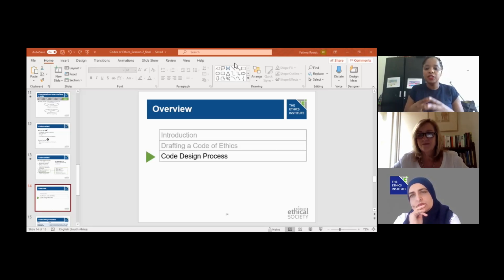So if you're drafting a code of ethics, or in the case, unfortunately, of multinationals that come with a code of ethics already drafted and designed, the way to go is to go through a process where you get the conversation going, where you measure people's acceptance, where you see what are people's expectations. So it's a process that needs to come from those that are going to be affected by it.